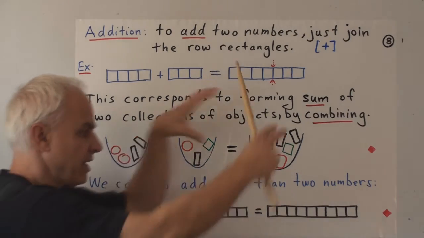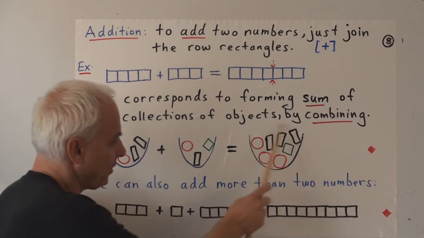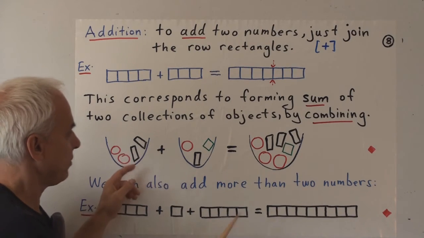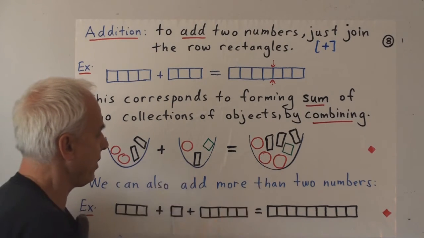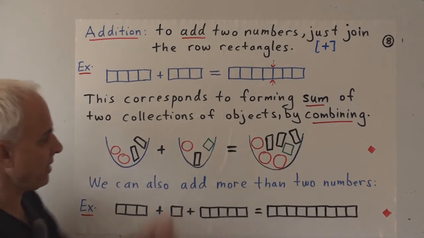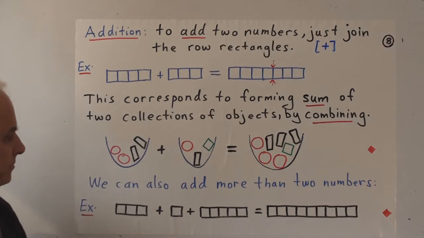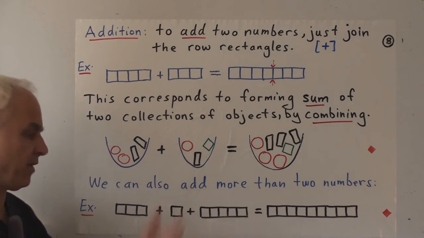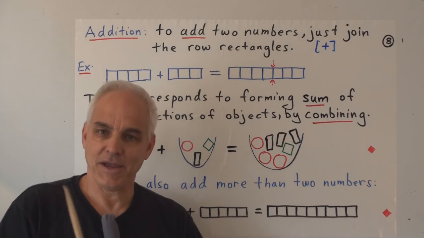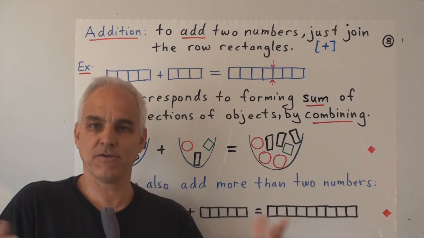If we combine the contents of the two jars, just dump them all into another jar, then you're going to get all these objects. So 2 circles plus 1, 2 black rectangles plus another one, and the green rectangle. So the two collections have been combined to get this one, and then the total number is 1, 1, 1, 1, 1, 1, 1, as illustrated there. Addition is very simple in this format. It's dramatically simpler than it is in the Hindu-Arabic number system. To add two numbers, you just put them together. That's it, you're finished.